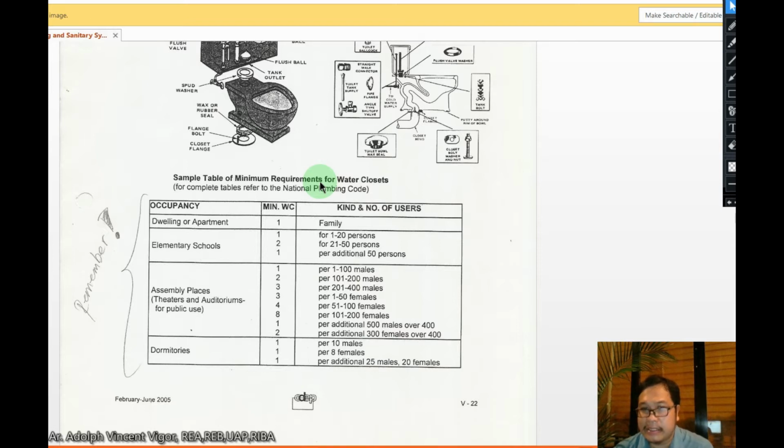are going to place. So if you are in a dwelling or apartment, for every family there's one water closet. So if your apartment building has, let's say, 200 units, you should expect that there should be 200 units of water closets. So that's as per the National Plumbing Code. So in elementary schools, for every 1 to 20 persons, there should be one water closet. So if it's more than 20, from 21 to 50, there's two, then there's an additional one water